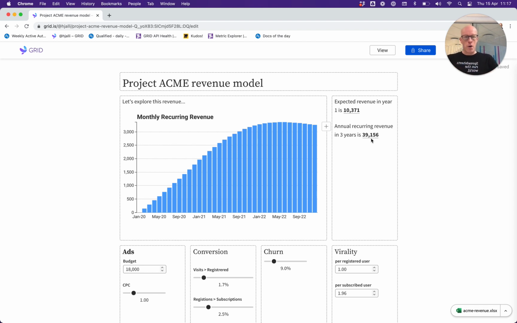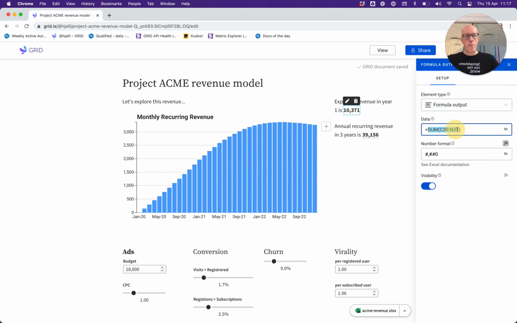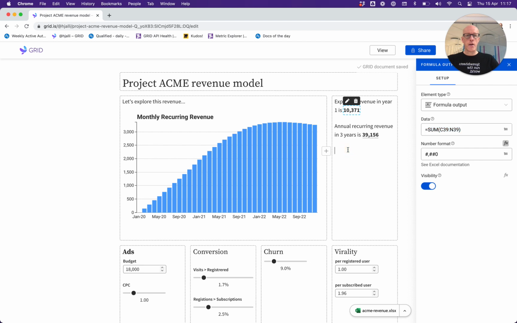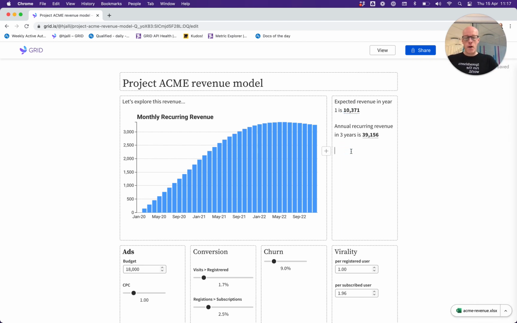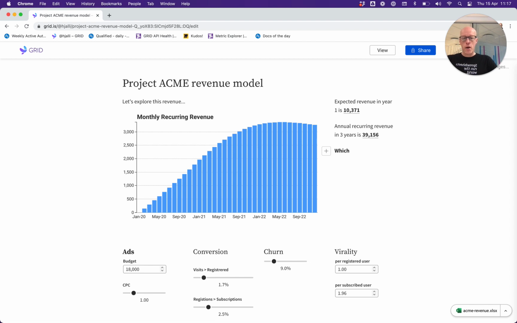Just as a quick proof of that, let's say that in this case we have an ambitious goal of making $20,000 in revenue in the first year. So I'm actually going to double click this. I'm going to copy the sum so that I have that in the buffer here. And then I'm going to say, again, we have a goal of making $20,000 in the first year, which is